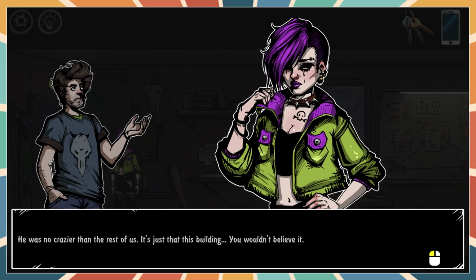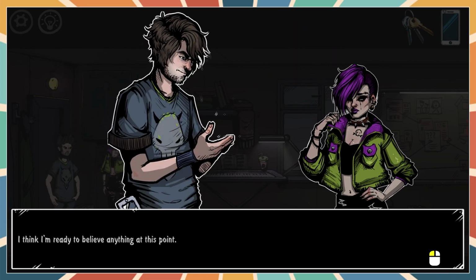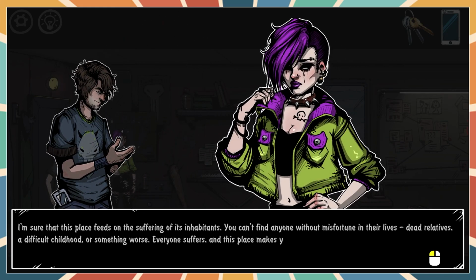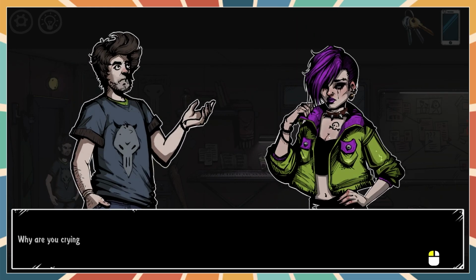He was no crazier than the rest of us. It's just this building, you wouldn't believe it. I think I'm ready to believe anything at this point. I'm sure that this place feeds on the suffering of its inhabitants. You can't find anyone here without misfortune in their lives. Dead relatives, a difficult childhood, or something worse. Everyone suffers, and this place makes you suffer even more. A year ago, one of the inhabitants couldn't handle it, and he...